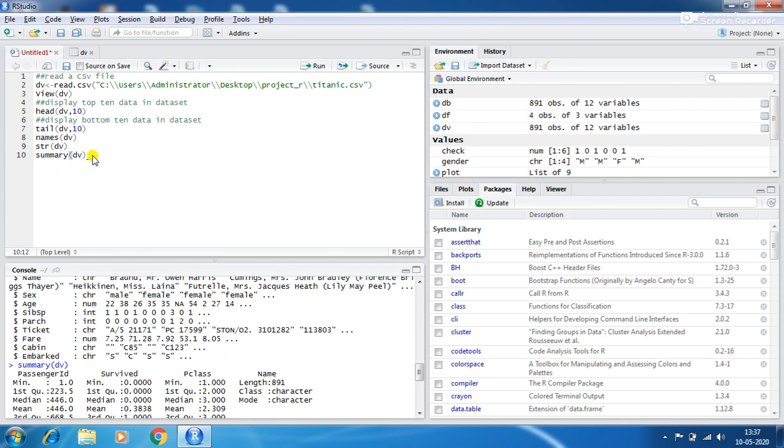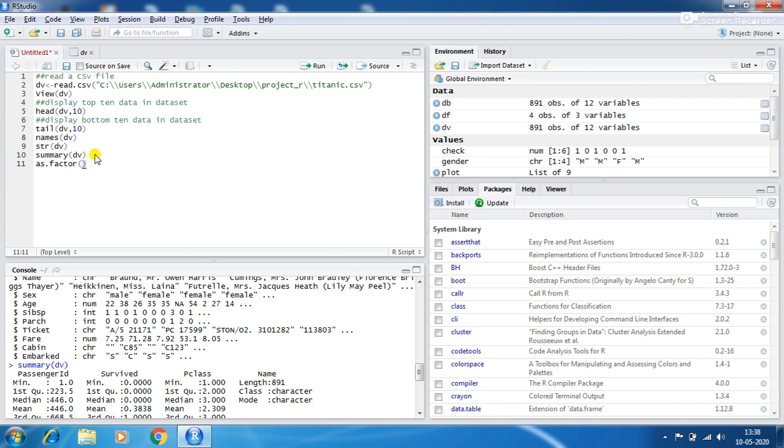Then, as.factor. What does this do? Some of the variables in the dataset are factors but might get interpreted as numeric.